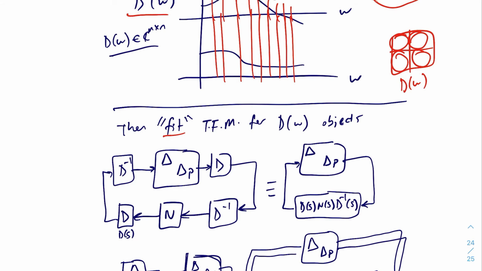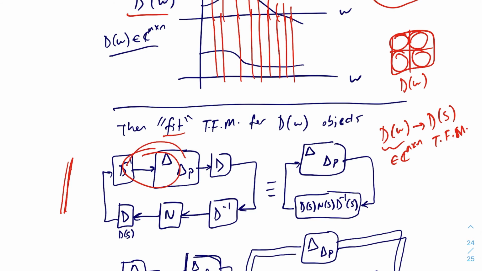All right. So after that, since we have D omega, and then we have fitted D of s, basically from D omega, and by the way, D omega is a complex matrix. D of s, what is that? It is a transfer function matrix. Okay, so this is where we are, and since we have defined D such that it commutes with the perturbation, it can be here, and here D inverse times D is identity and nothing changes, right? So we only have our